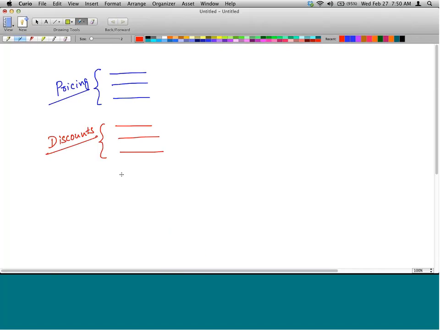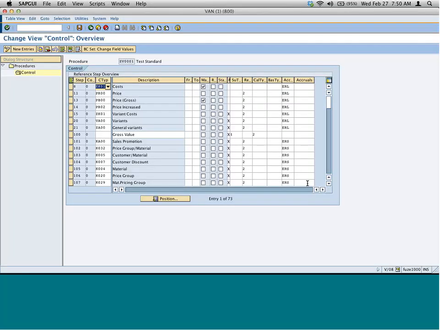Okay, first is pricing condition types, a set of pricing condition types. And then we are going to have a set of discount condition types. Okay, after which you can have